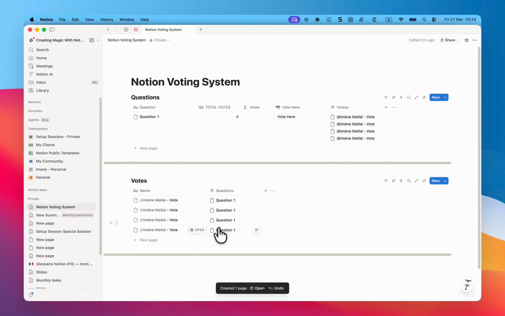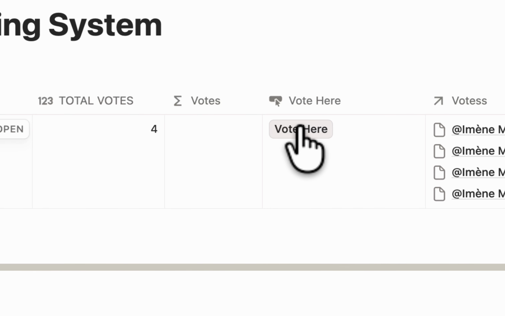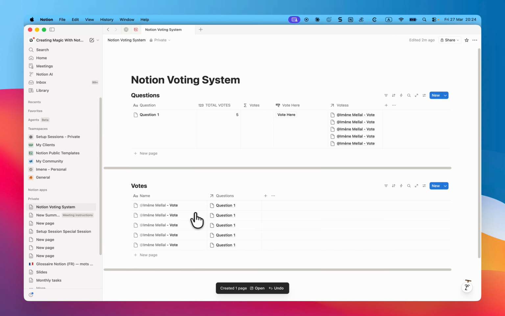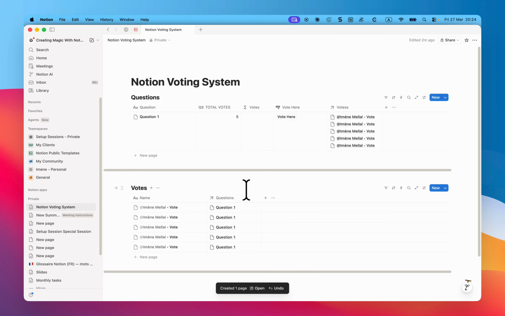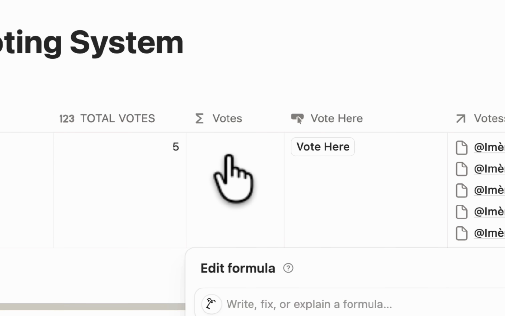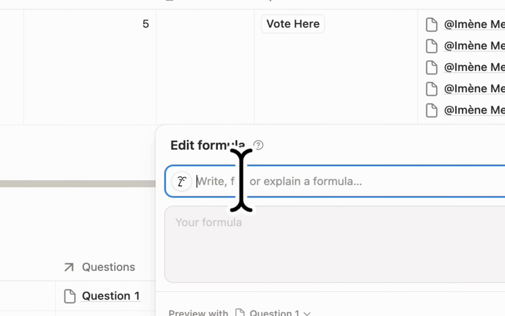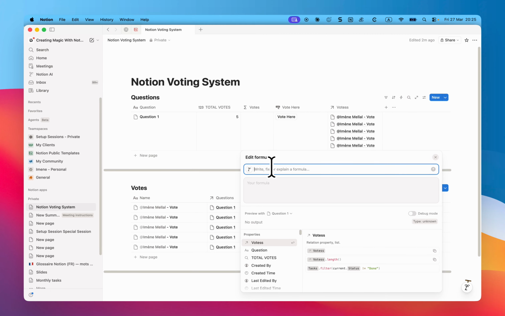See, now we added another vote. This one is 4. Now if I add another vote, it's going to be 5. So we can do it this way, which is very easy. In terms of formula, I think we can use Notion AI to see what it can brainstorm as a formula, but